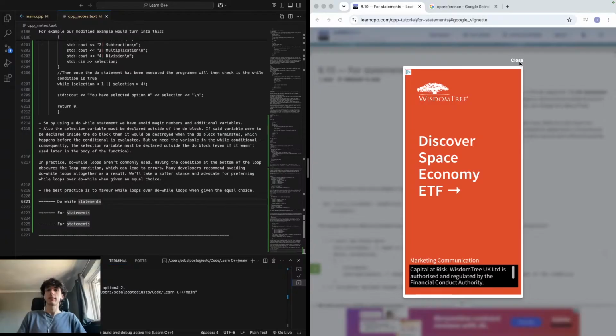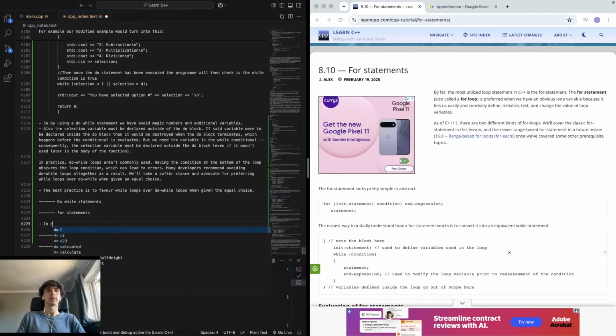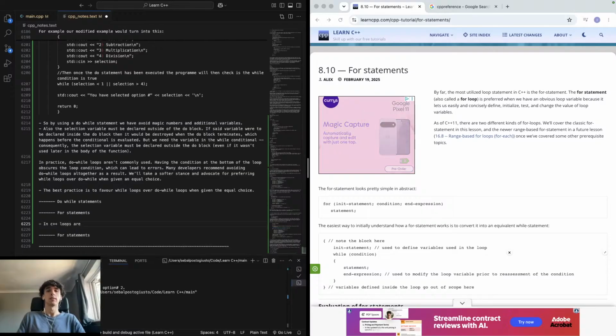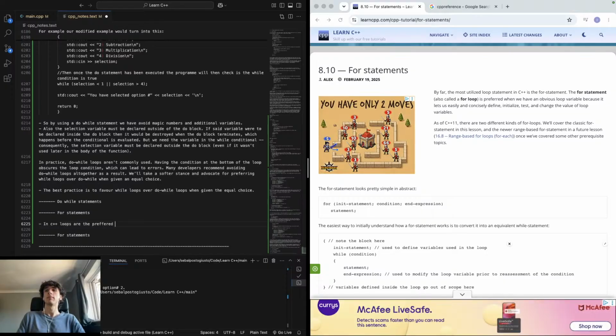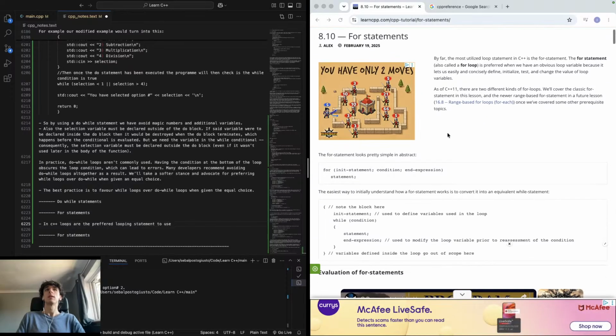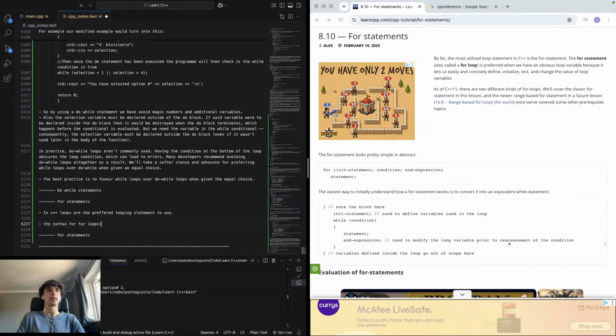Okay, so for loops. In C++, for loops are the preferred looping statement to use. So the syntax for loops is